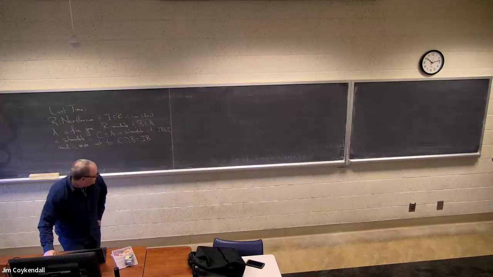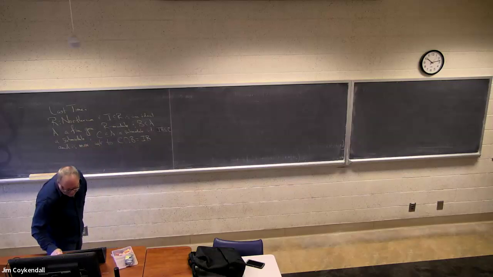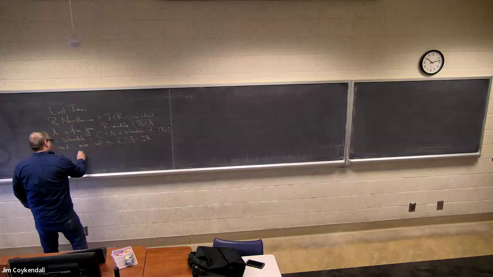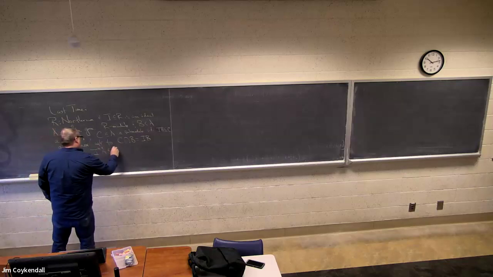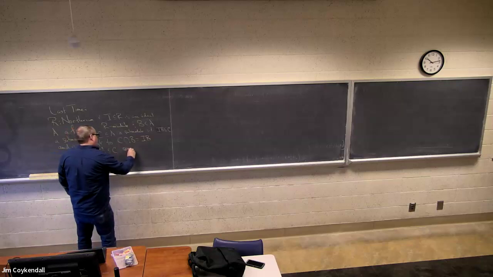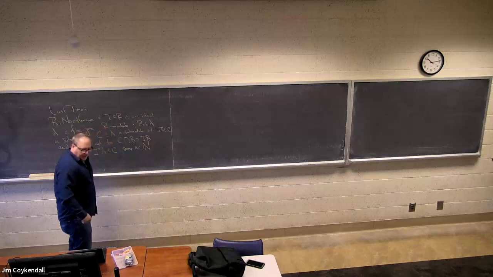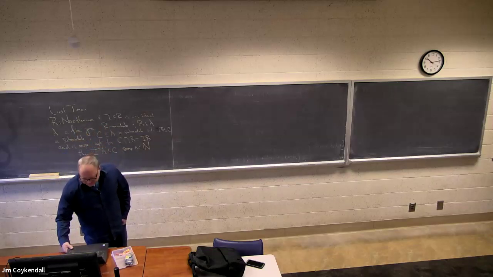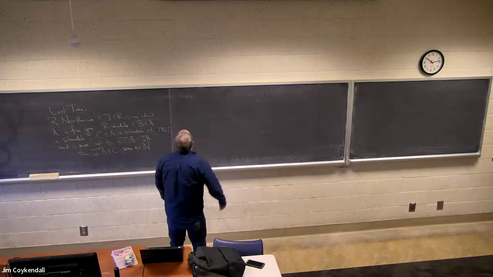It may not be maximal, but it satisfies this intersection property. Then I^n A is contained in C. So we went through this last time, and this gives us a statement